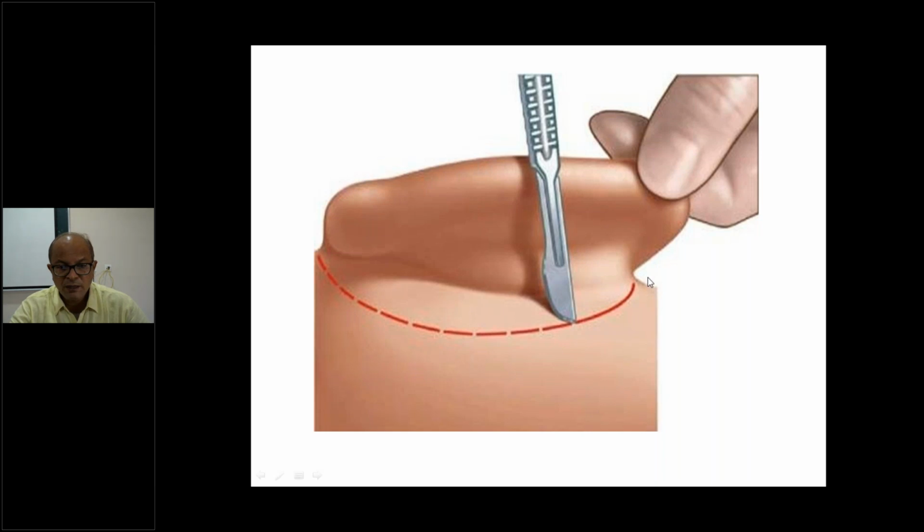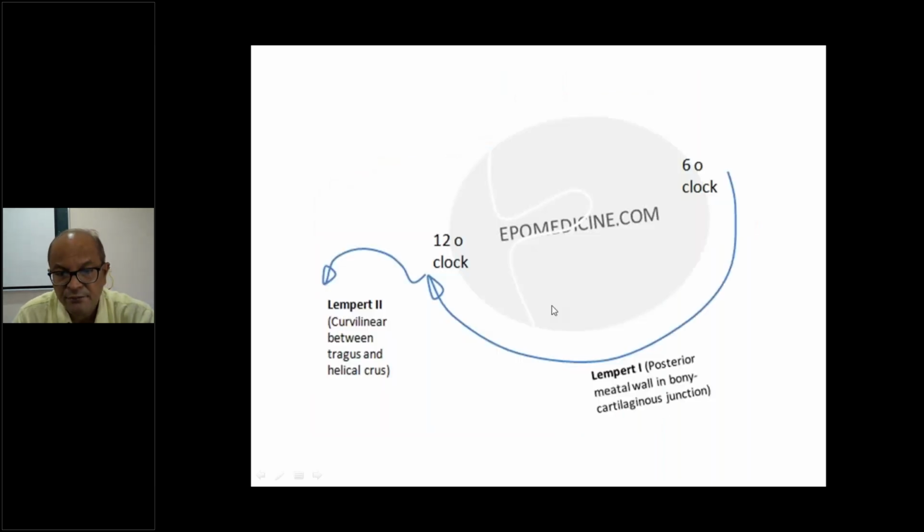So it should be placed more horizontally. And if you cut like this, what happens? It goes into much deeper tissue than you want to. So sometimes some vessel might be there, it might bleed also. So always cut with the belly. This is the belly of the knife, so you cut with the belly of the knife.